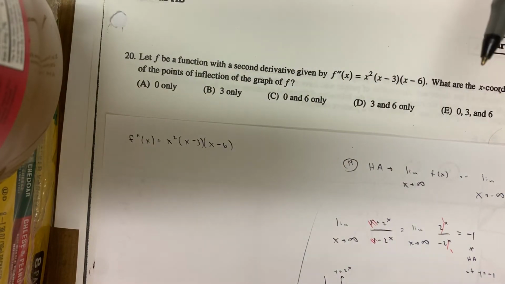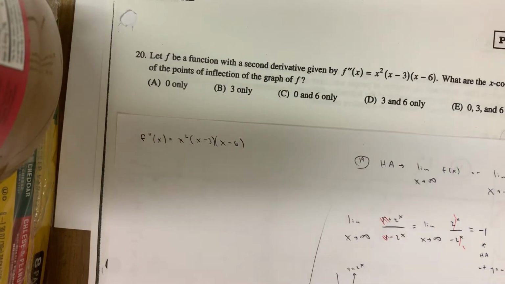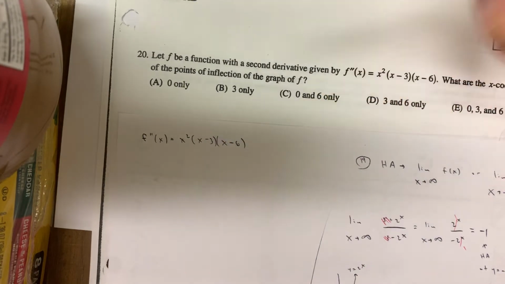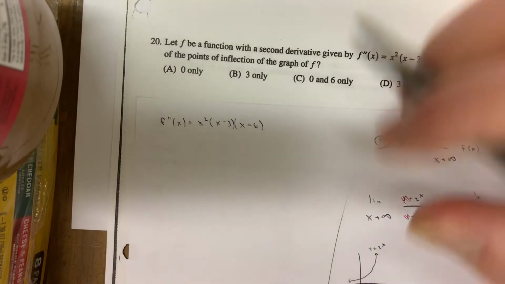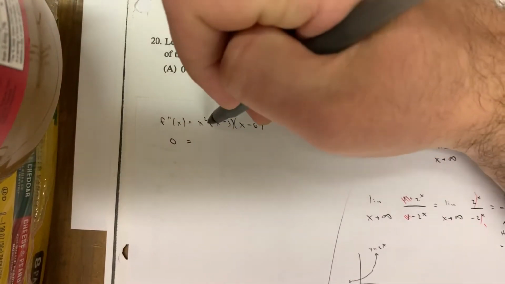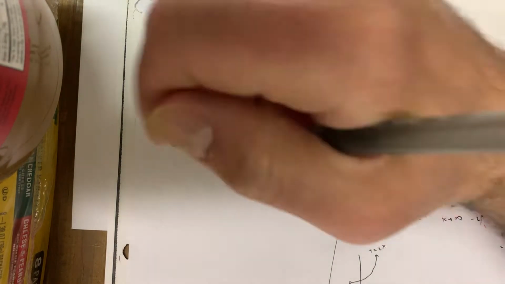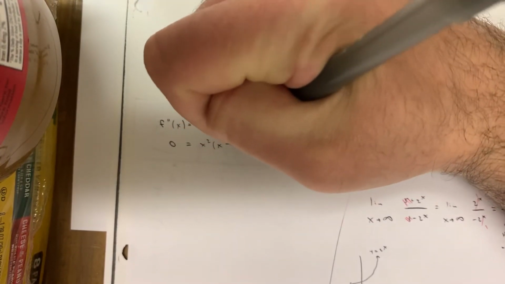Points of inflection, surely there must be some sort of test. And there is, the second derivative test. And they give you the second derivative. People are like, I got to take the derivative of this twice. No, okay, just set it equal to 0. It's polynomial, by the way. If you distribute this out, it's never non-existent. If you set it equal to 0,